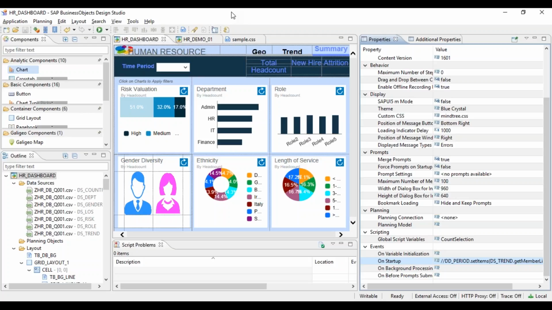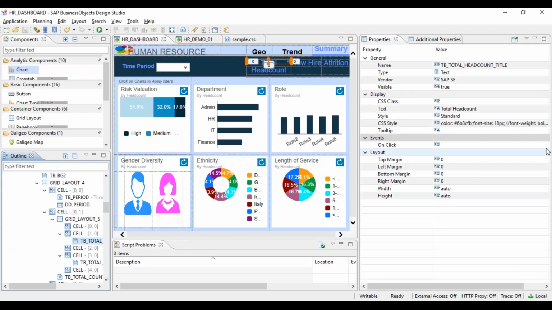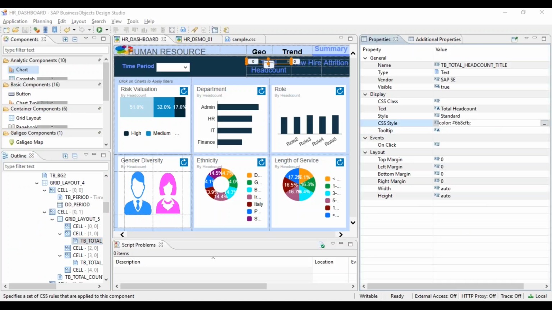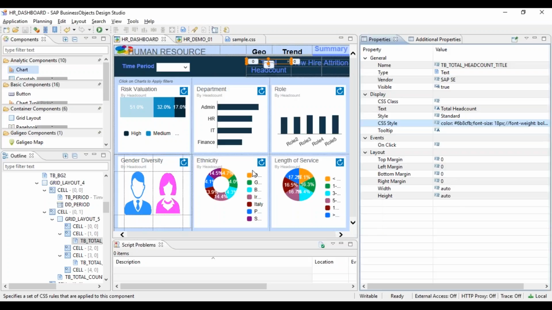Rakesh, sorry, can you go to the total headcount so that I can see what the properties are? No, the whole time period and the total headcount, new hire, attrition, just highlight that box. Okay.